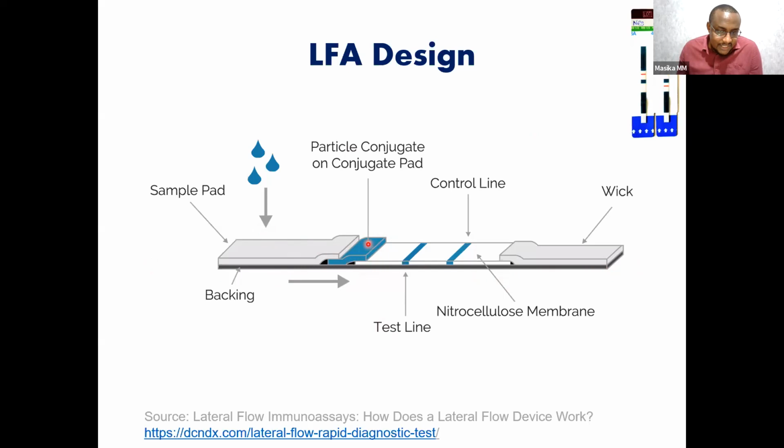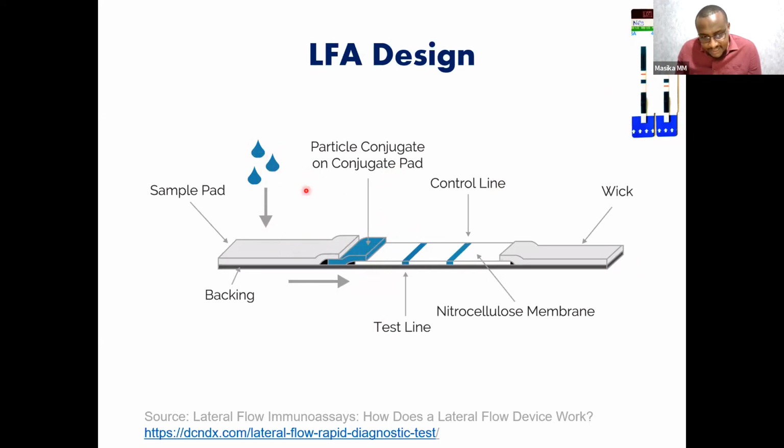There is a conjugate pad here that has a conjugated, say, antibody. And the conjugated antibody, for example, will have something to help you visualize. Usually we use colloidal gold. Colloidal gold will usually be this red color, or sometimes blue if it's slightly larger. And so what happens is you put the sample, you put a buffer, and then as it passes,